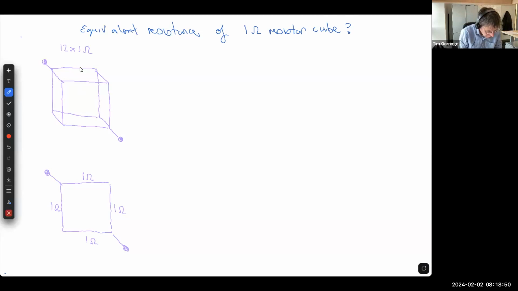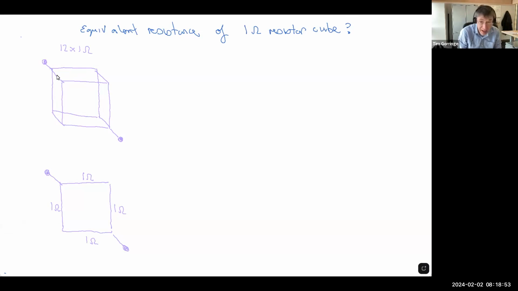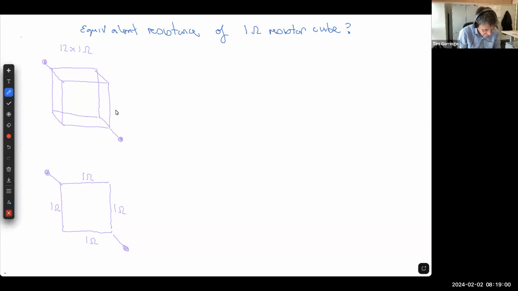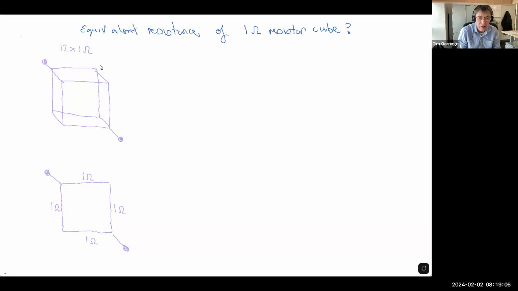So if you look at the cube, it has 12 sides. There's the front face here that has 4 sides to it. There's a back face here that also has 4 sides to it. And then there's 4 connections between the front face and the back face at the top left and right, bottom left and right corners. So there are 12 sides to this cube, and each of those sides has a resistance